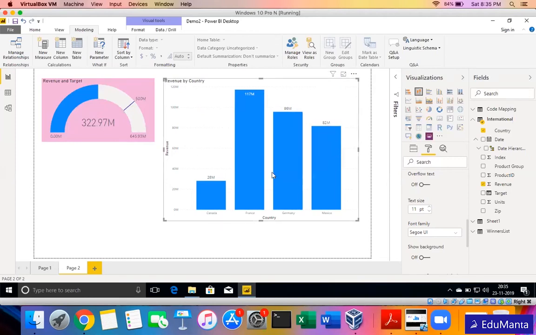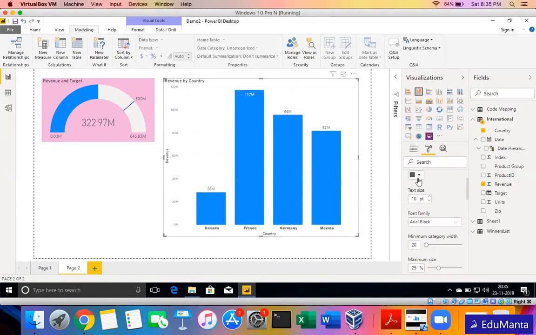Even this x-axis, y-axis, if we want to format it, we can, and we can even switch it on or off. But suppose I want to make it a bit bigger, or maybe Arial Black to make it more clear, I can just change the font and color depending on what section I'm choosing. This is x-axis, so this is the format for x-axis. If I want to change something in y-axis, I can similarly select y-axis and define the formatting.